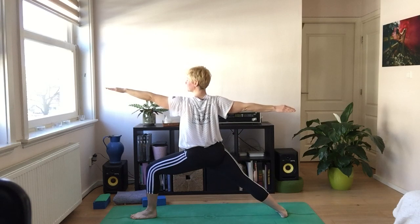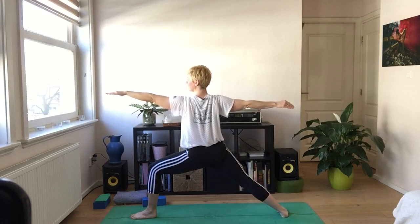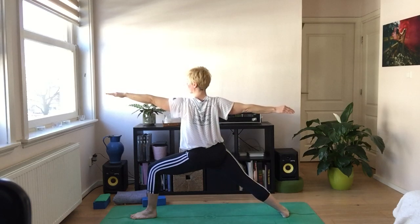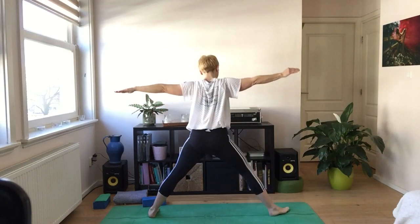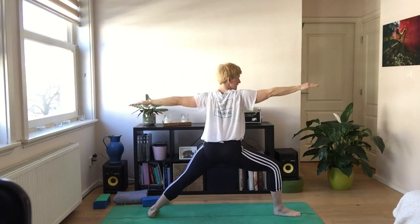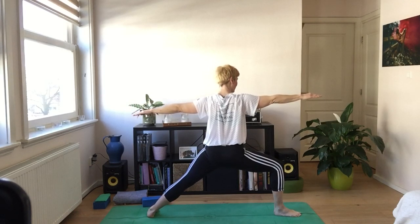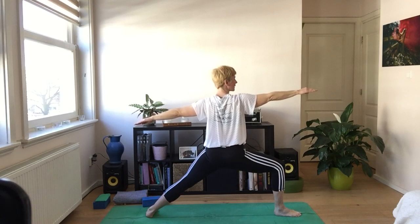1, 2, 3, 4, 5. Straight legs, turn, you change position on your feet. To other side, bend the knee, hips down, and breathe. 1, 2, belly in, 3,